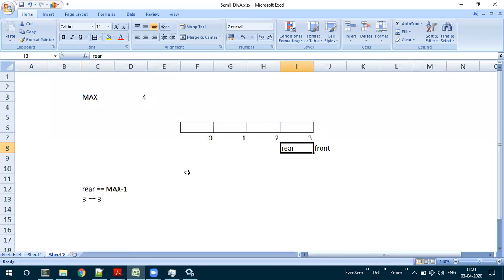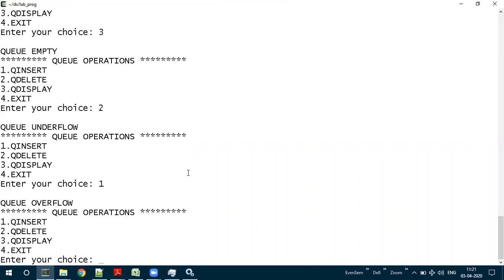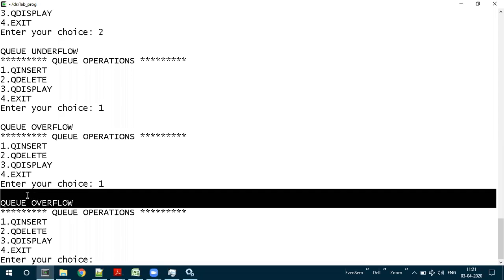So when you try to insert elements when the queue is empty, the program shows queue overflow. This is not a problem, but actually a feature or the drawback of a simple queue or an ordinary queue.